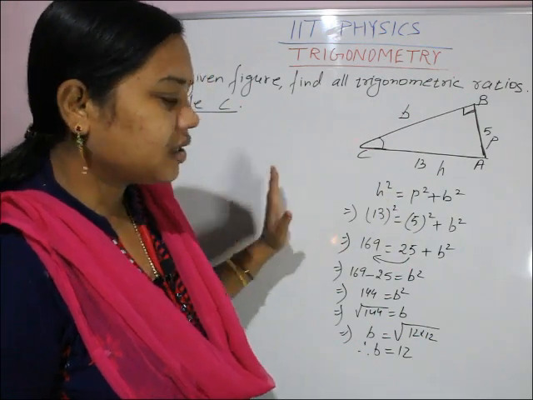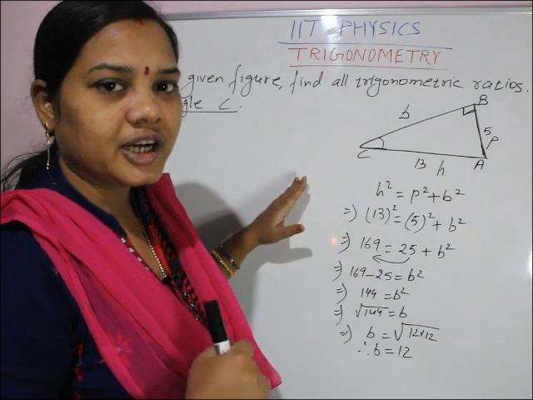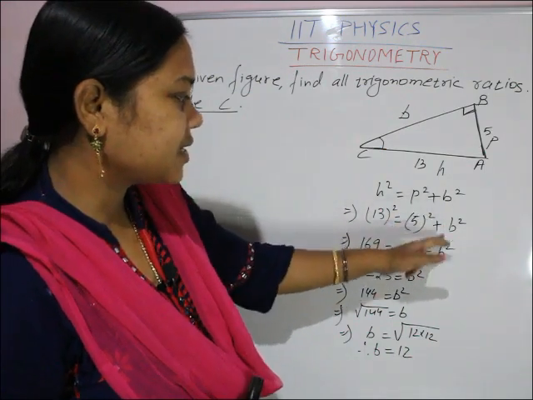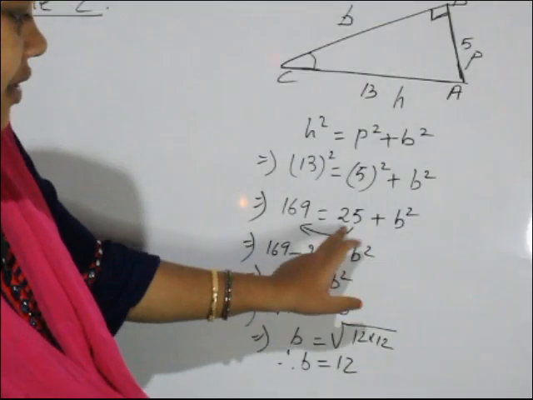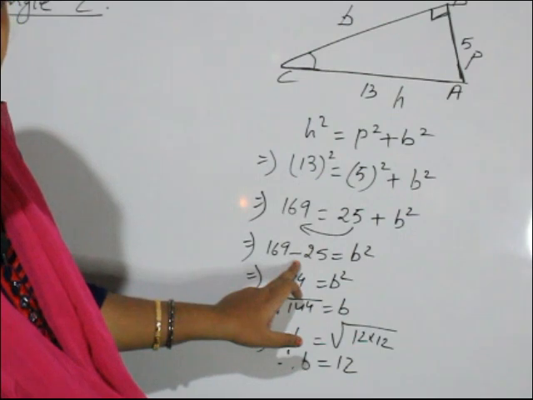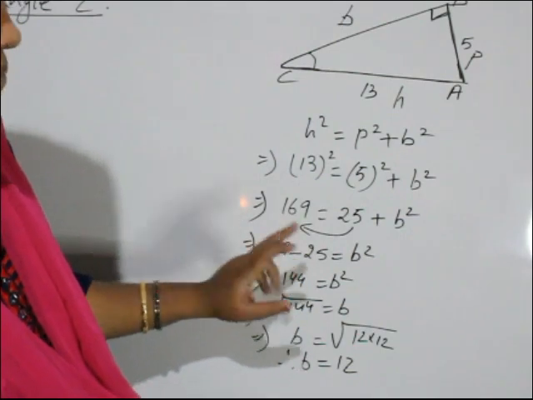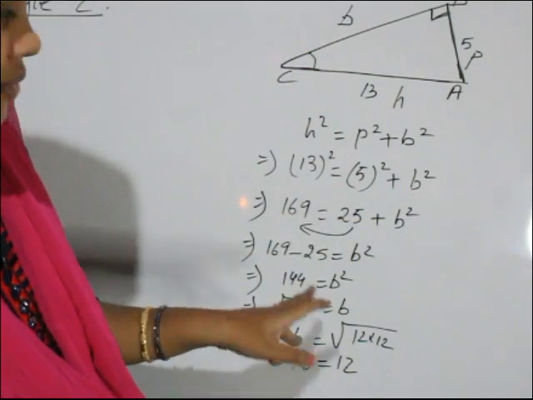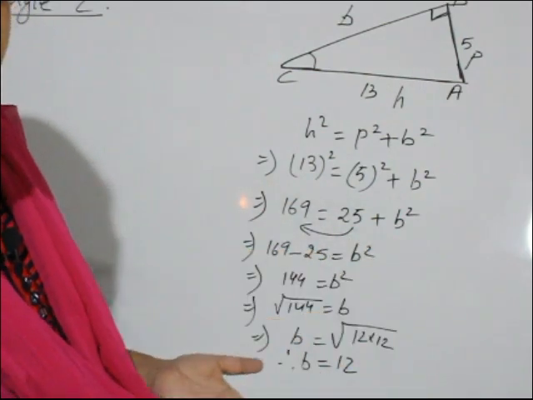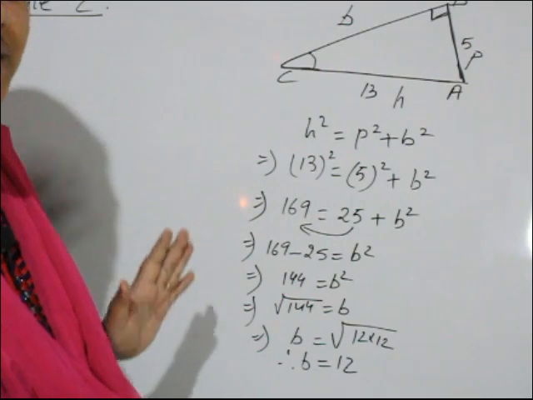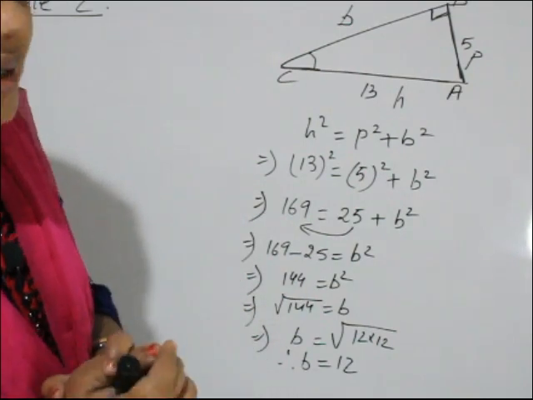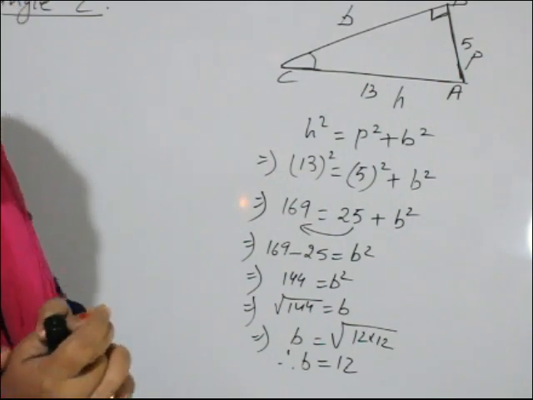When we shift terms from one side to the other side, you have to change the sign. If it is plus 25 here, when we bring it here, it becomes minus 25. If it is minus on this side, on that side we will take plus. Clear? If this side is multiplication, that side will take division. If this side is division, that side will take multiplication. So there are some rules of equations.